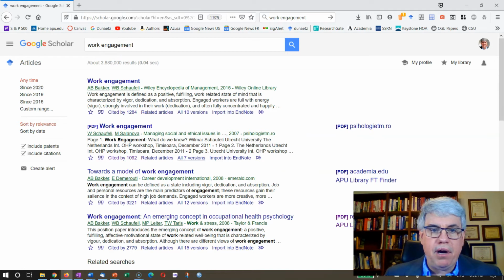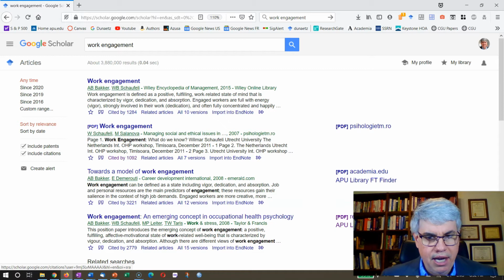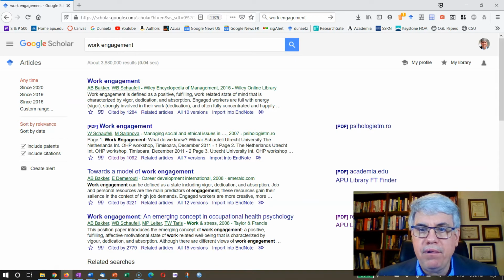and it will give us a lot of articles, and it'll prioritize articles that have work engagement in the title. And over here, we've got links. And if there's a link here, that means that you're able to access that full article or maybe even a book sometimes.